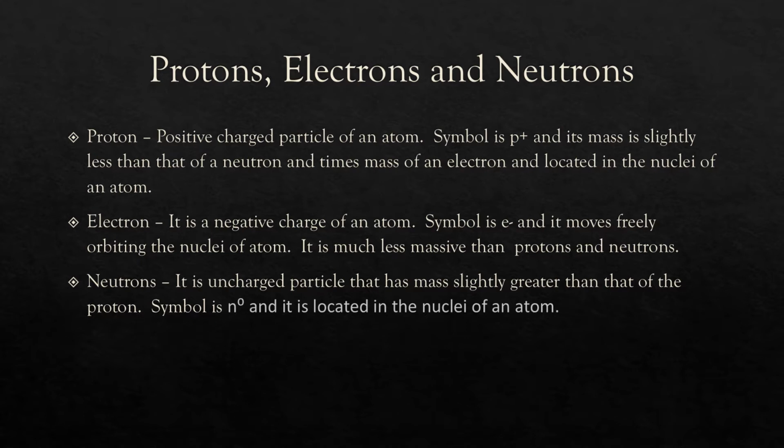Let's proceed to the neutrons. It is actually an uncharged particle that has mass slightly greater than that of the proton. The symbol is N0 and it is located in the nuclei of the atom. Remember, the location of neutrons is in the nuclei, its symbol is N0, and the charge is also 0